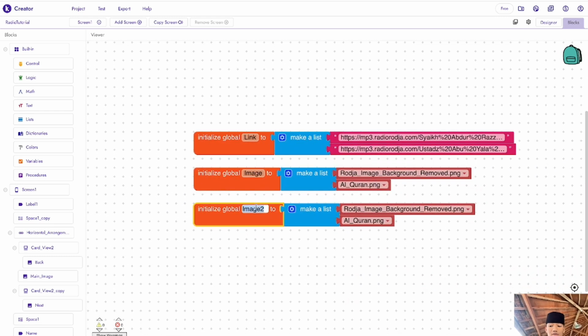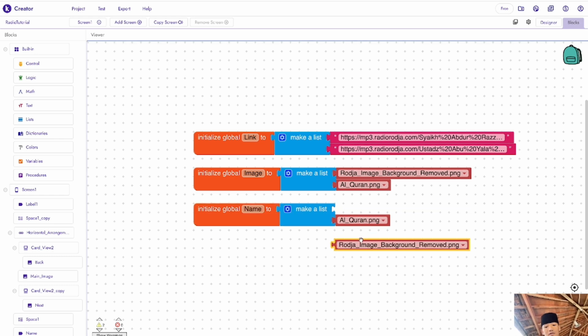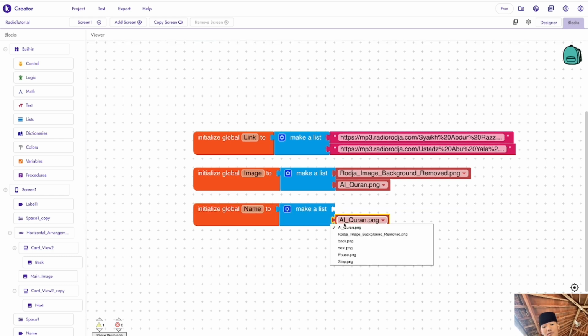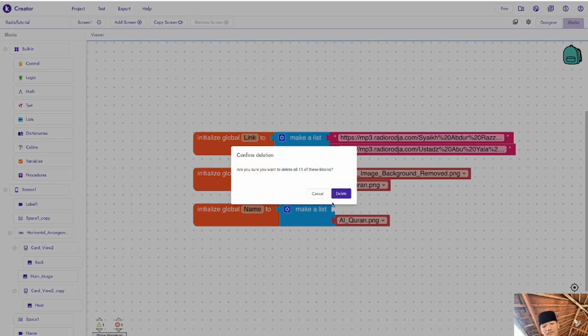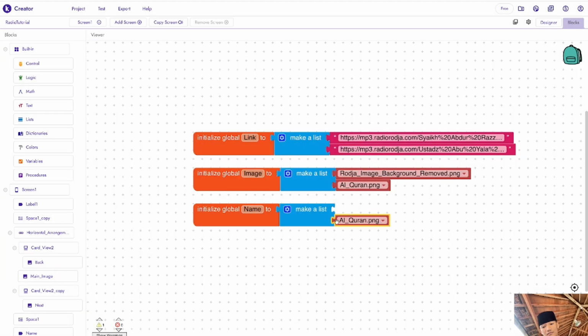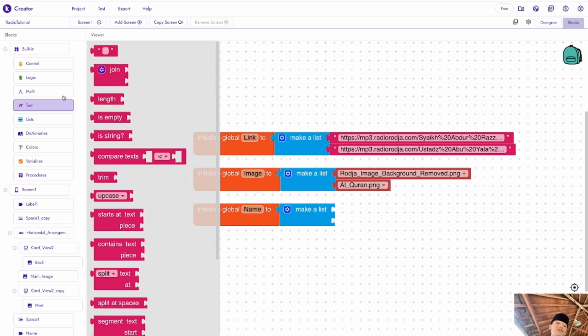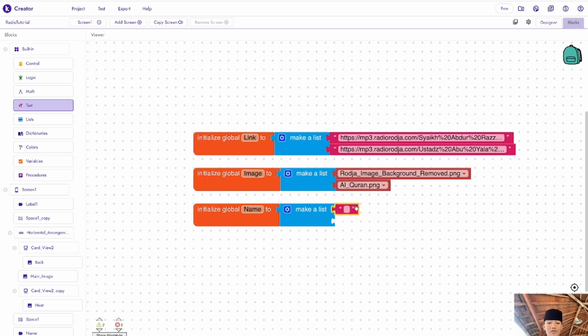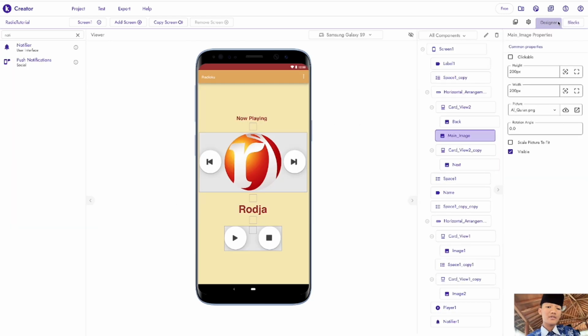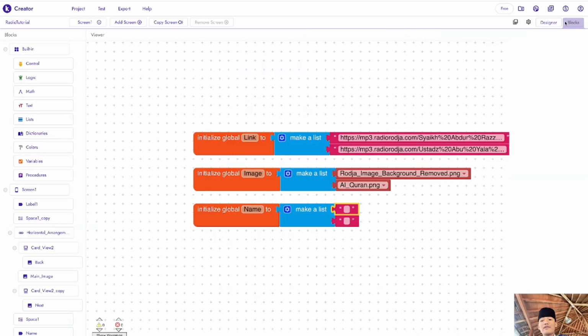Then image 2, we're going to change it to be a name. So we're going to delete this thing again. Next, we're going to put some text here. We're going to click this text and put both of them here. The first text, because we're going to name it Roja Audio, or radio, I mean.